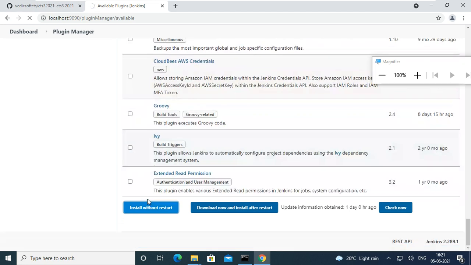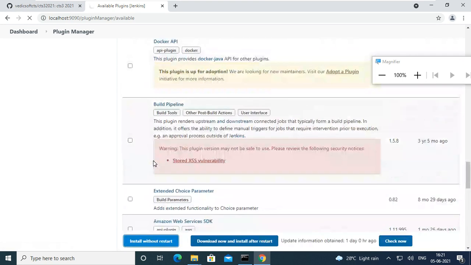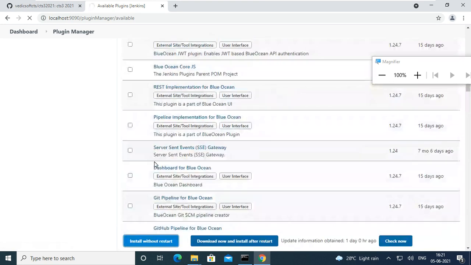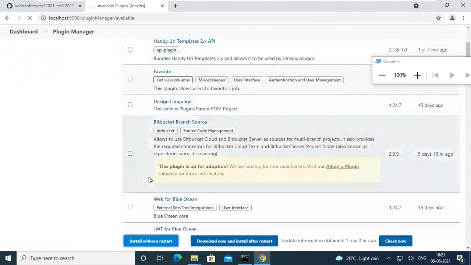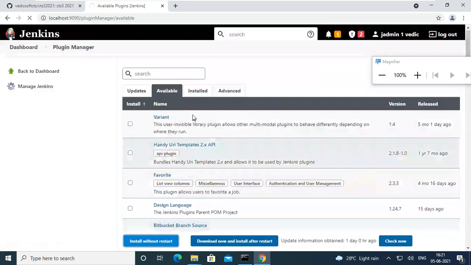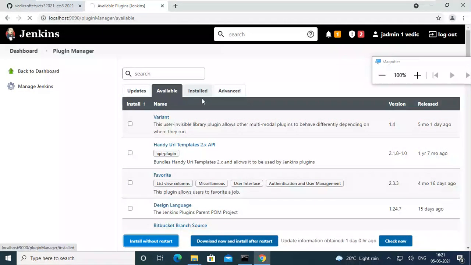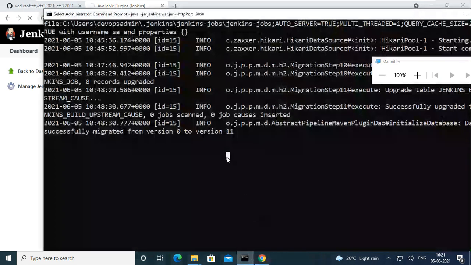Sometimes certain plugins are not required, meaning they are already installed on your PC and there is a problem with them, so you can go to Installed and remove them. I click on this one, it is loading, so we have to wait a little bit.